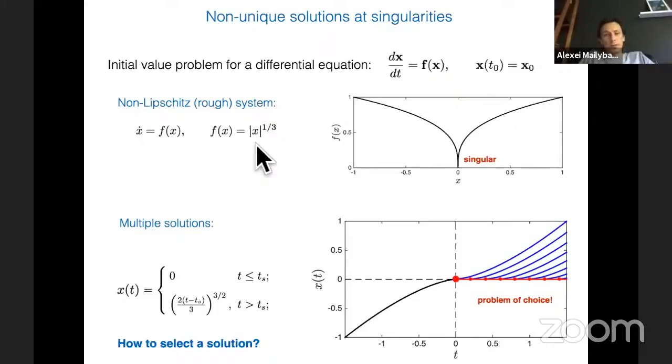So how do they separate? The right-hand side, the function f, is singular. It has this shape of the cubic root, and certainly non-Lipschitz. And this property of being non-Lipschitz leads to the non-uniqueness of the solution, because